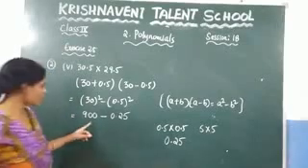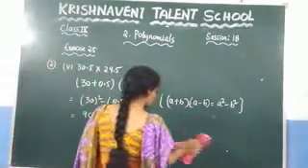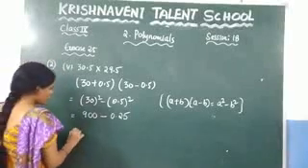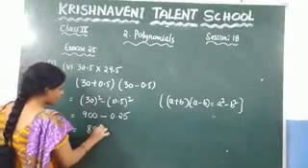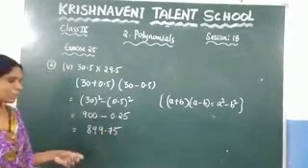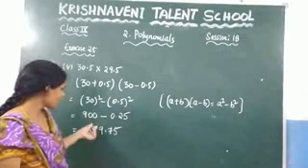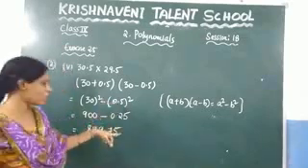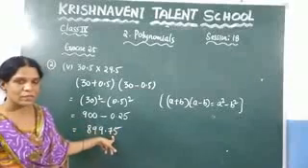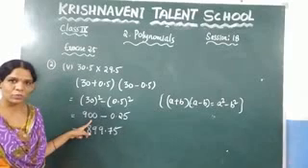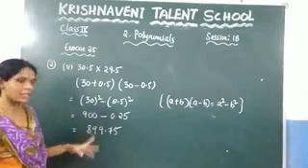Now you need to subtract 900 minus 0.25. What is the value of 900 minus 0.25? It is nothing but 899.75. Clearly you can subtract it here, because we are doing 925. You know that if you take 25 from 100, you get 75. Since I am taking 100, we need to remove 1 here, so I am getting 899.